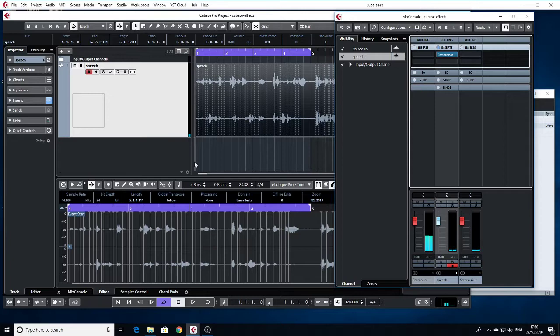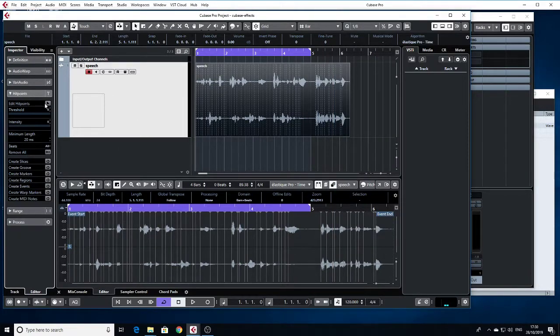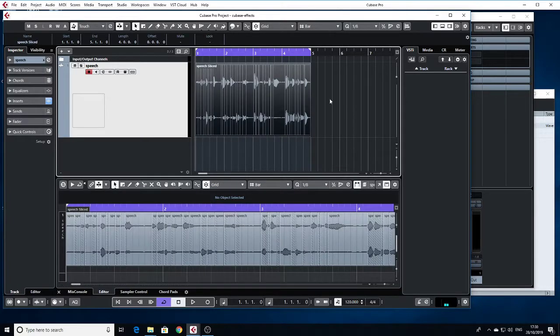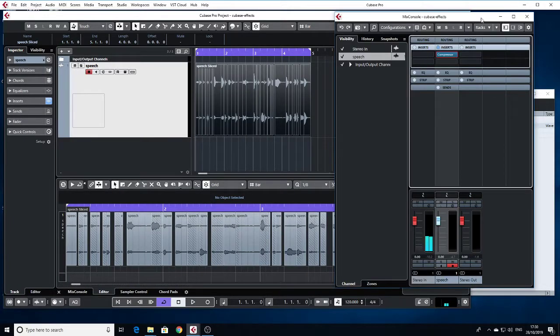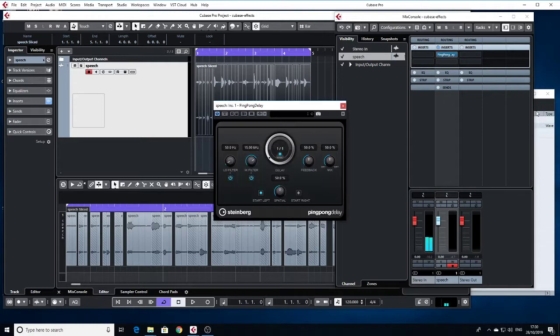So if we go back to something rhythmic again, and edit hit points, threshold them right down, create slices and quantize them up, we could have a look at some of the delay algorithms. So a ping pong delay. Again, if you press the button marked sync, you toggle from a time-based view